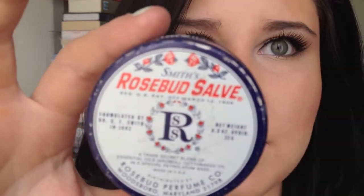Okay, and lastly are the lips. I'm going to use Smith's Rosebud Salve. It's just their regular rose salve. Like, this makes me happy when I smell it. I don't know why, but it's just such a nice, calming, pleasant scent. And as you can see, again, I've hit pan, so it's a good product. And just a light layer